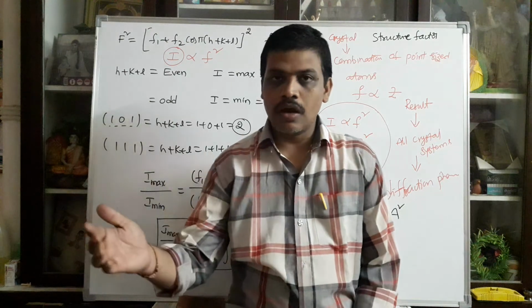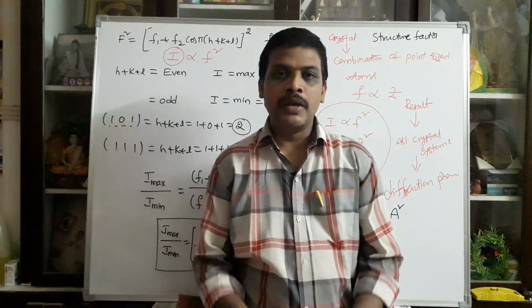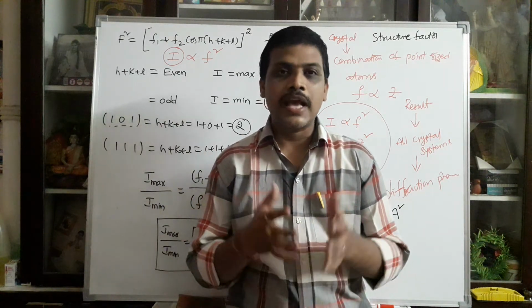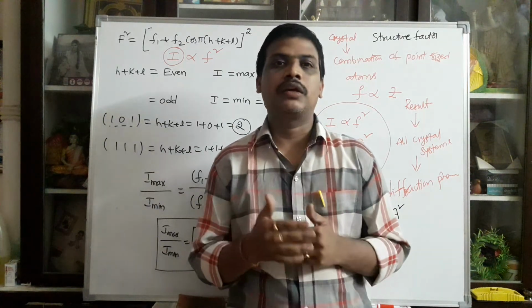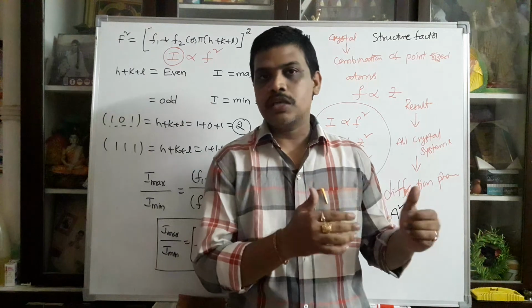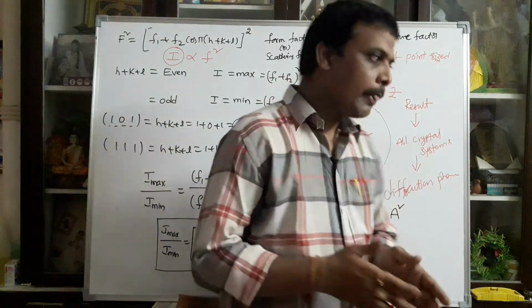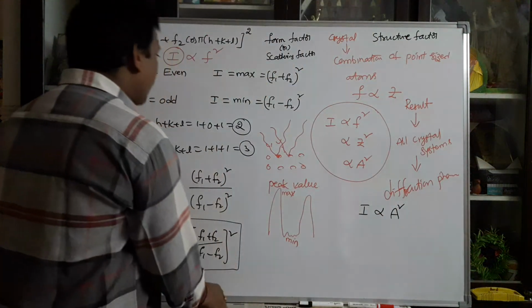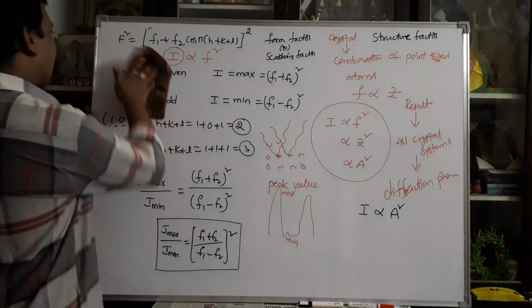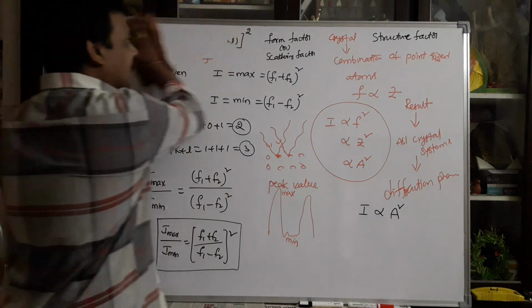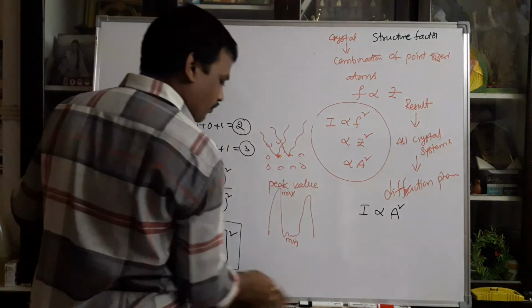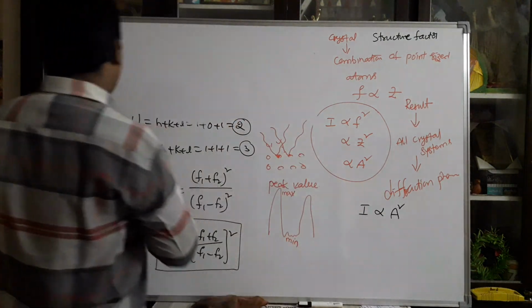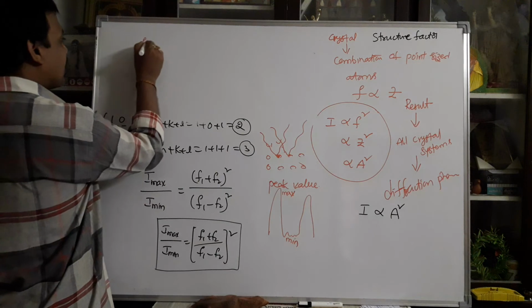So in yesterday's class and today's class, we clearly explain how the form factor value is calculated. Up to the last class, I was deriving how the form factor value is calculated with respect to the crystal. So finally you get the form factor value. In yesterday's class you got